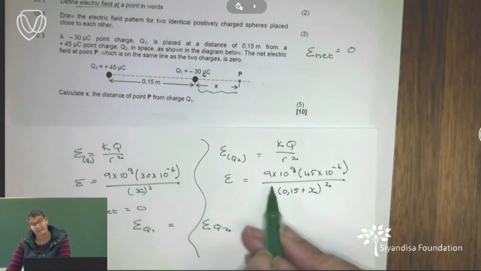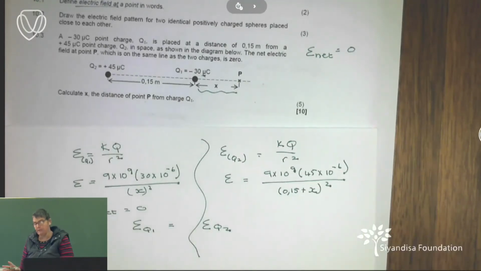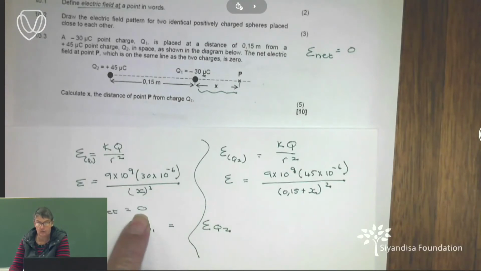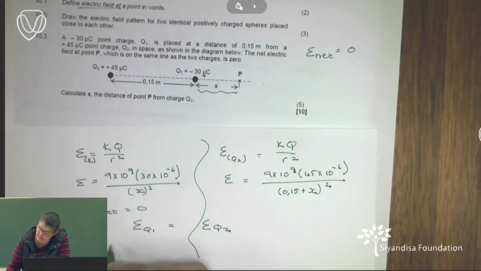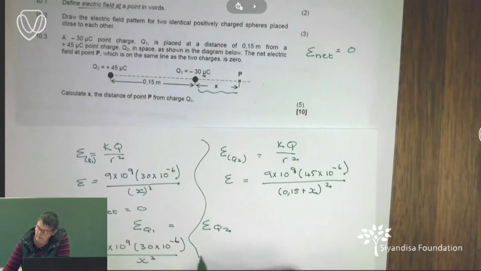That is why I can equate these two. Because remember, all that's going to happen here is the one's going to be positive and the one's going to be negative. Right, because that's the only way they can give me 0. So now I'm going to say 9 times 10 to the 9th times 10 to the negative 6 over x squared is going to be equal to